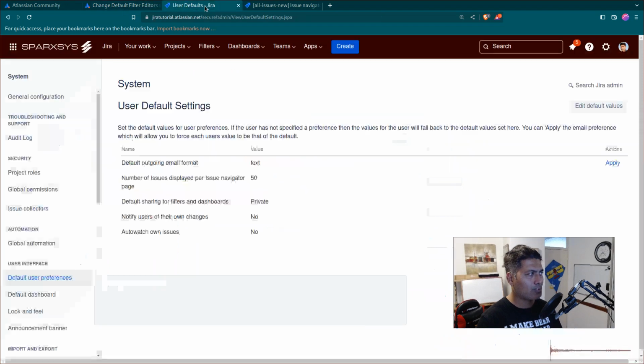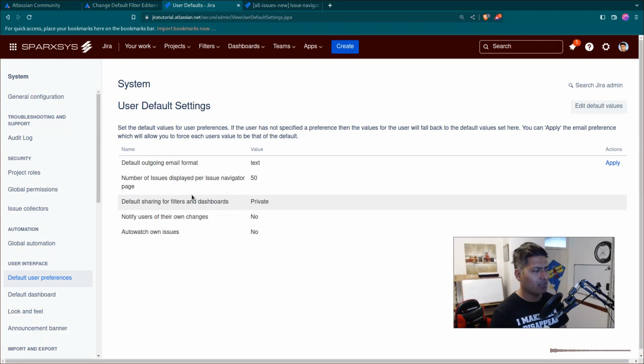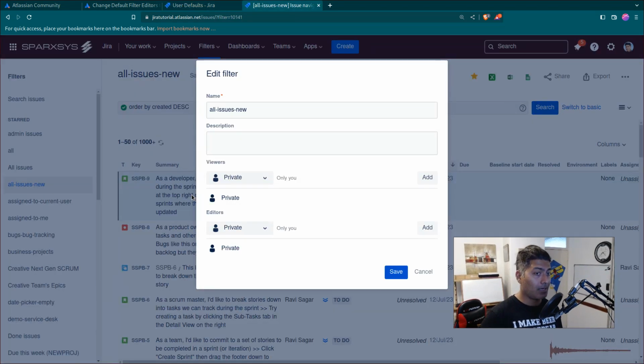I don't really see any option here in the default filter configuration. So I think there is like a feature request. There should be a feature request. I think there is one feature request. Also at the same time, if we talk about the viewers, I think from my experience, you should keep it as, again, it can be a bit difficult because each organization is different, but in majority of cases, I would say keep it as